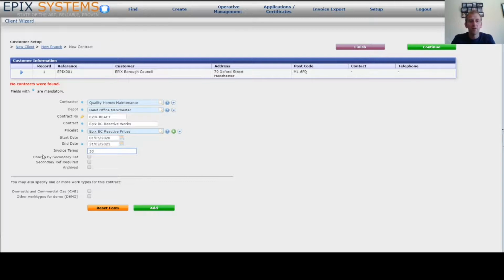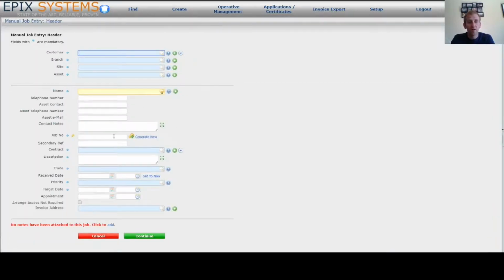Now the tick boxes here, the first two in this system are referring to the secondary ref. Now that's the additional reference that you can enter onto a job when you're creating it. So just to demonstrate that, if we click to create a simple job, the secondary ref is this field here, and this is the one that features below the main job number, the mandatory field. It's the optional one that you can enter an additional reference,